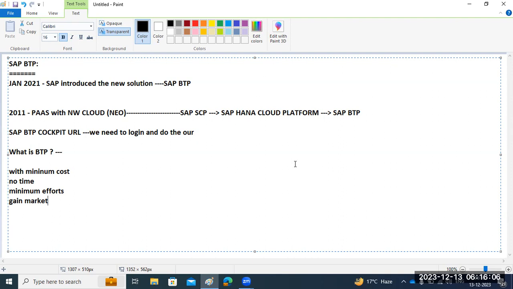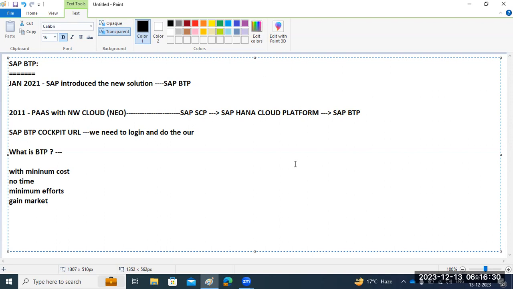but they already have systems on-premise like S4. They already have on-premise systems, and also they want to go for SuccessFactors and S4 HANA. In that case, the customer needs integrations between systems and applications, right?